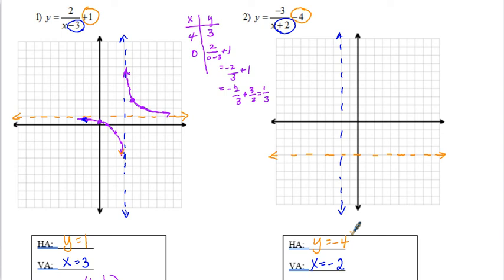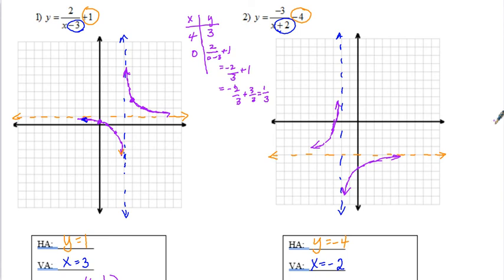Alright, so this graph is interesting. If you were to put it in your calculator, you would notice that this negative 3 here would cause a stretching as well as a flipping of the quote-unquote quadrants. So if you've noticed so far, the parent graph in this example has a graph existing here and here. If you were to show number 2, you would see a graph in this quadrant here. Let's see if I can get this drawn in here. And here, I believe. So you'd have a graph in this quadrant as well as this quadrant here. Okay, so that's what that negative 3 did. It stretched it wider, and it flipped from these quadrants to these quadrants,